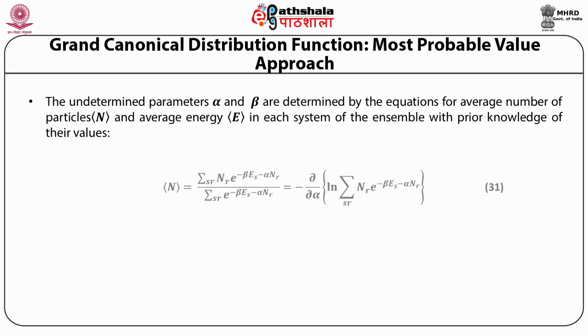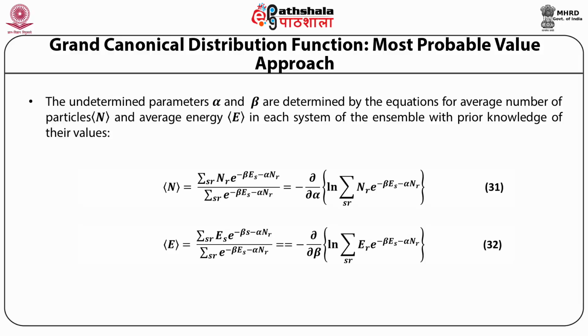That is, the mean value of the number of particles is equal to the summation over SR of NR e raised to power minus beta ES minus alpha NR divided by the summation over SR of e raised to power minus beta ES minus alpha NR, which is equal to the negative of the partial derivative of the log of the summation over SR of e raised to power minus beta ES minus alpha NR with respect to alpha,